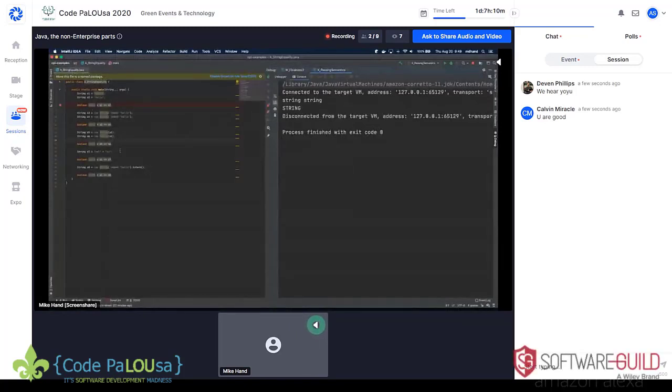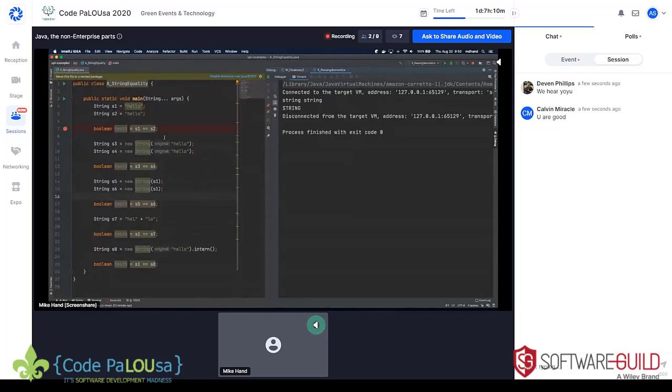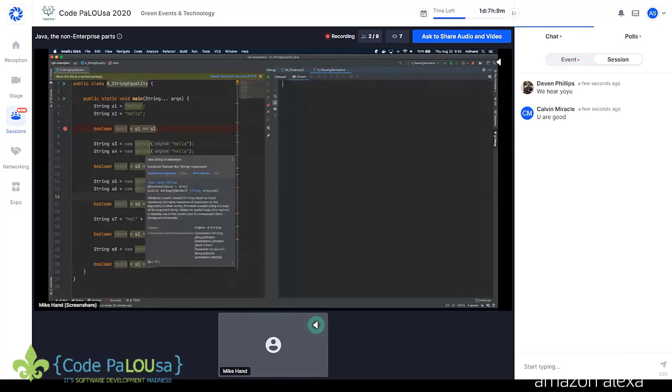Let's start with something nice and familiar to get off the ground. Everybody has probably been asked this in an interview, right? String equality. How do we compare strings? I'll do my best to keep the code large and visible as much as is practicable. If there's a major issue with that, on either the code side or the output side, put a message in the chat for me, and I'll try to expand that. But okay, so string equality.